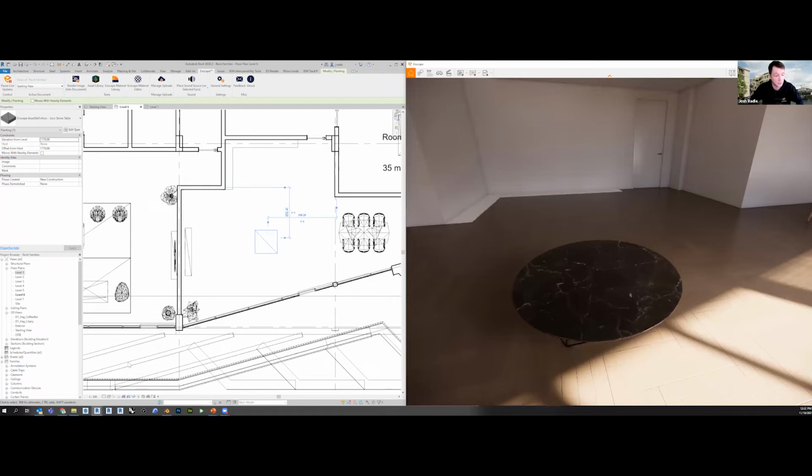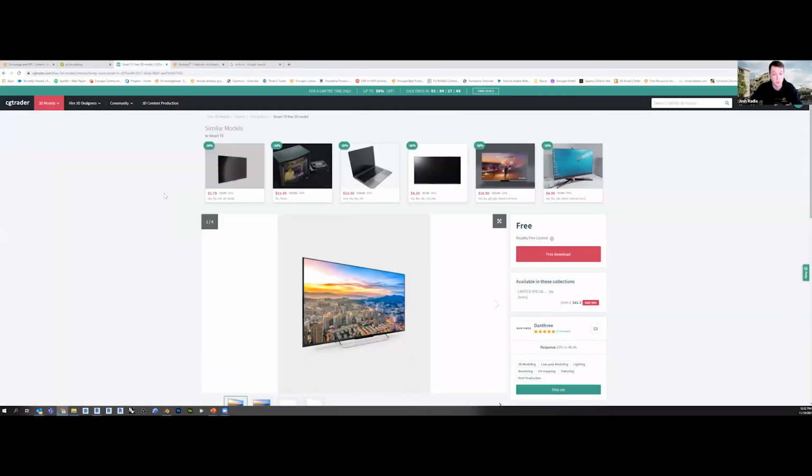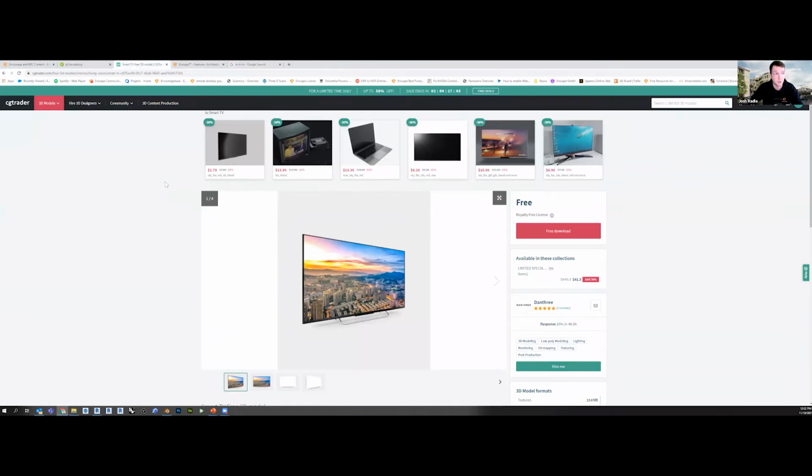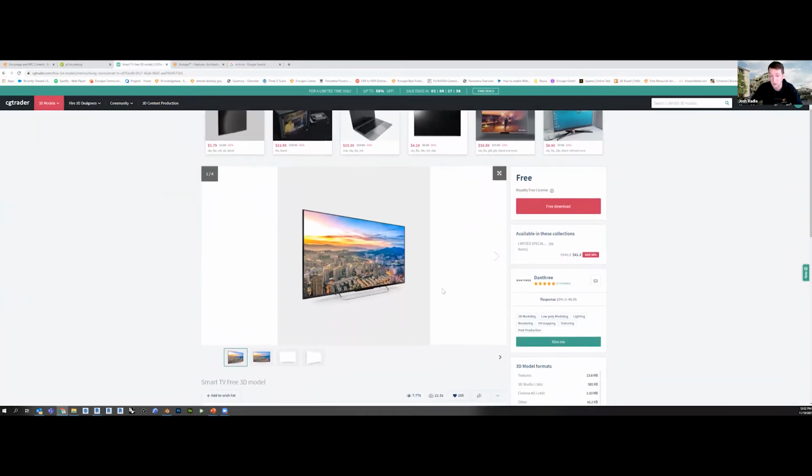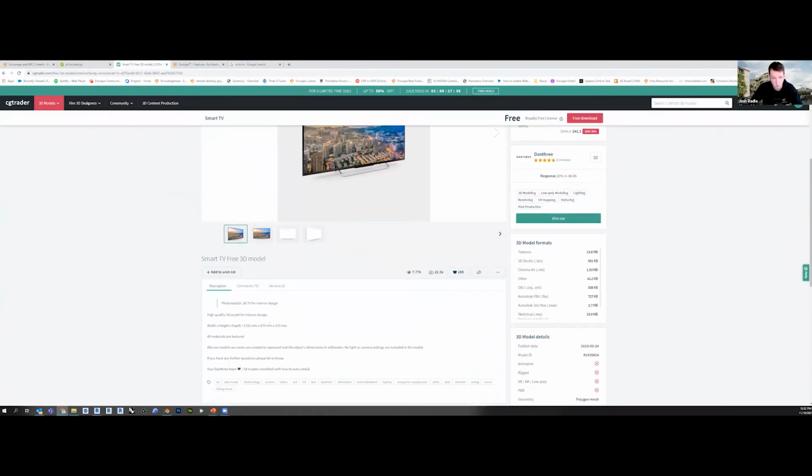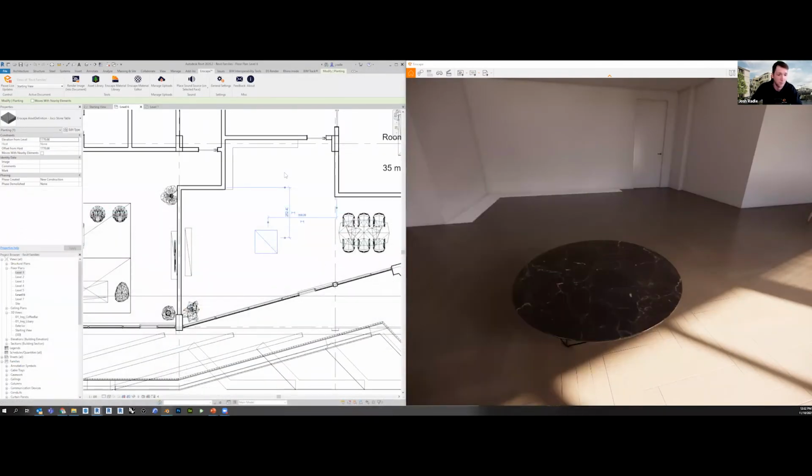All right, now let's download another one to show you guys. So if I go up to CG Trader, again, CG Trader is a very cool, powerful, great resource to check out for 3D models. I found this TV right here. And from here, it gives me some really good information about the size it's modeled at. It was modeled off of accurate measurements for a smart TV. So really cool. I can download any file format that I want, 3ds Max, Cinema 4D, SketchUp if I want, but I took the FBX file. And so I just hit download and I put that in a downloads folder,